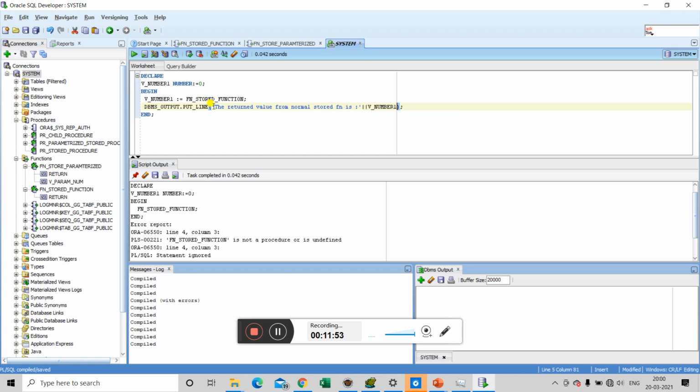Now we will be able to print the value returned by the function fn stored function. Now let's run this.